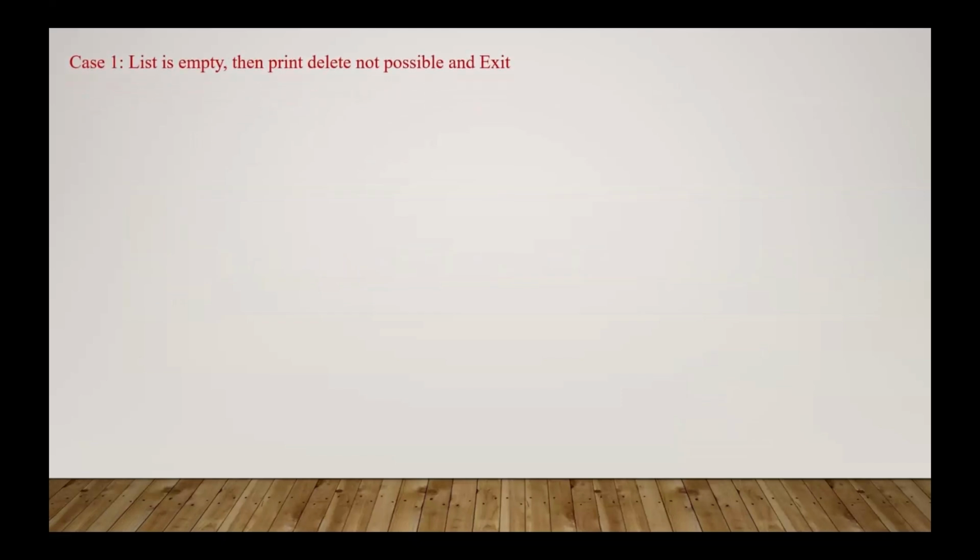Right now we are going to cover deletion from the last position. First case: the list is empty. Then we have to print deletion not possible and exit. When the start or last is equal to null, the list is empty. If the list has elements,